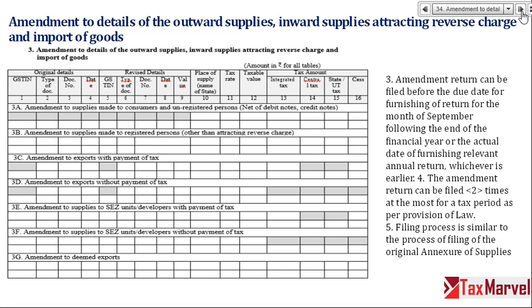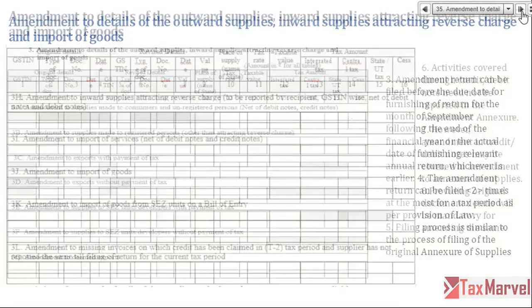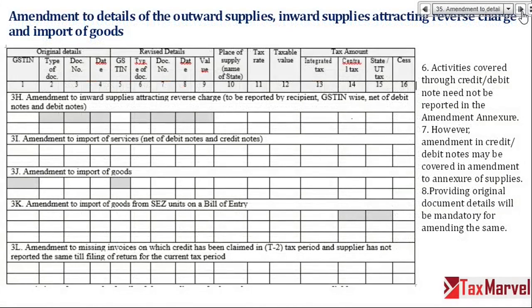Filing process is similar to your filing of original ANX1. Right? I can also amend any RCM details. I can also amend import. Any detail I can amend. Right? So activities covered through debit note or credit note cannot be or should not be reported in amendment.